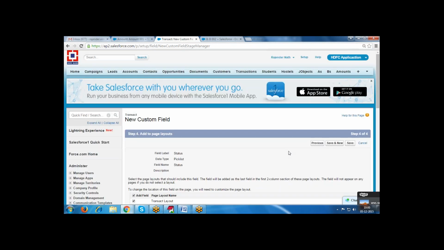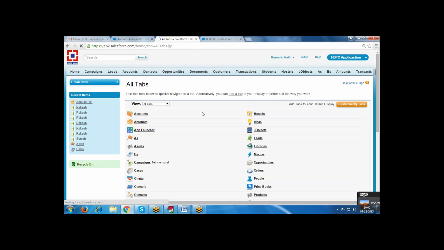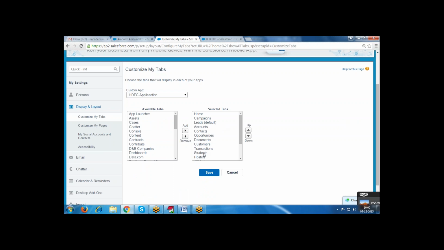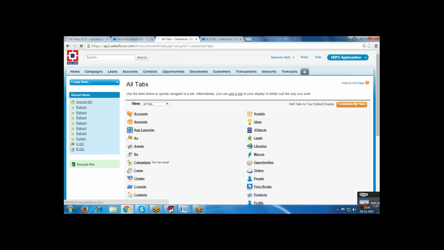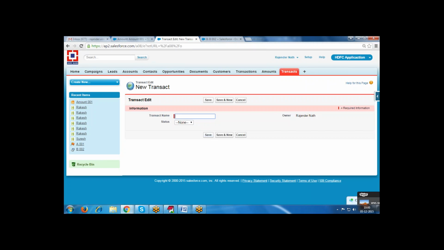Now we are creating like this. Just customize these tabs. This is transact I am creating.